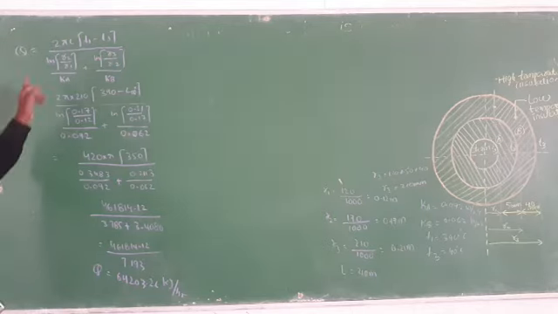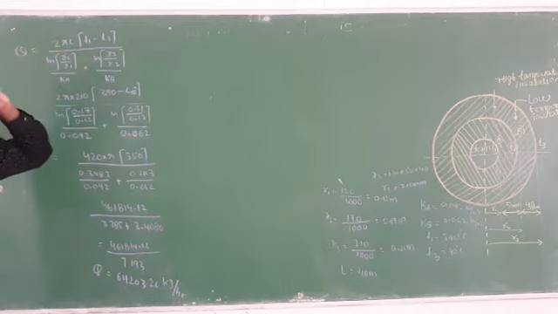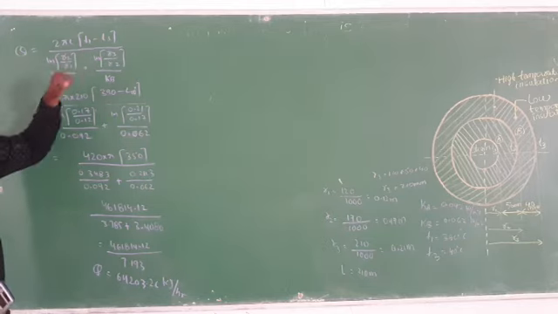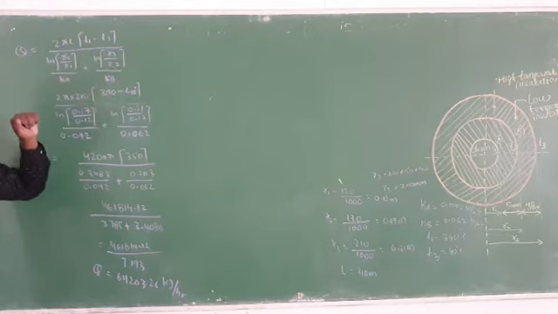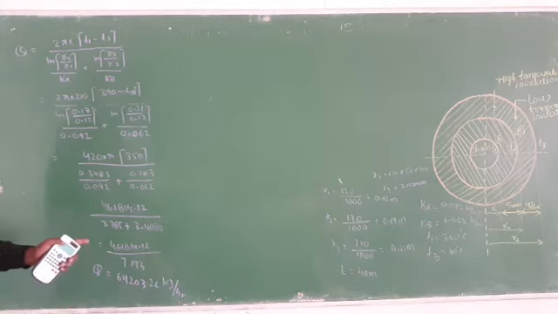This is the first bit. 2 pi L, what you have to do? You have to find out the heat transfer. So first temperature minus last temperature. This 2 pi L is constant. If L is not given, for per meter you have to find out. In some problems L will not be given, then you have to take 1. So here T1 minus T3, divided by ln of R2 by R1 by Ka plus ln of R3 by R2 by Kb. So you have to write 2 pi into 210, 390 minus 40 by, like this step by step. In examination also you will solve like this, and you will get the answer with the help of this. Next bit.